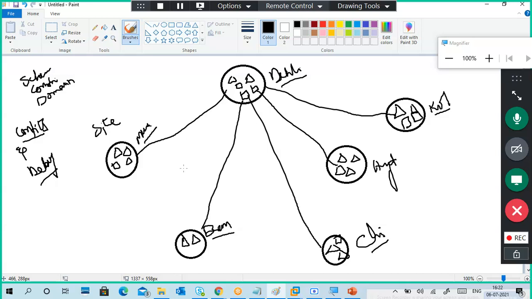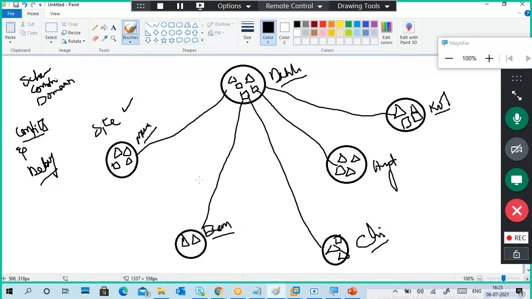Inside the Mumbai site, they put all the servers in Mumbai, so it is called a Mumbai site. Likewise a Delhi site, a Kolkata site. In the Hyderabad area, how many servers are there? All the servers come under the Hyderabad site. All the domain controllers in Chennai come under one site, like that. So they create a site.